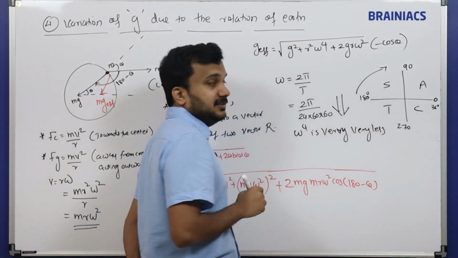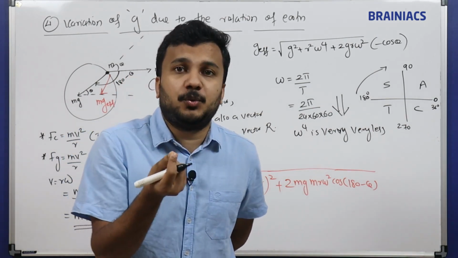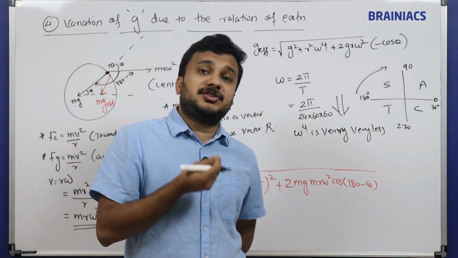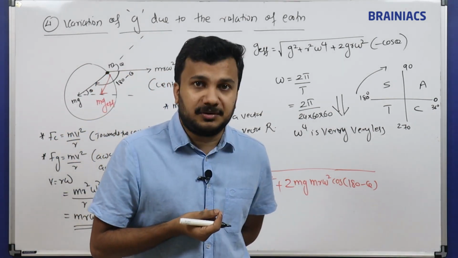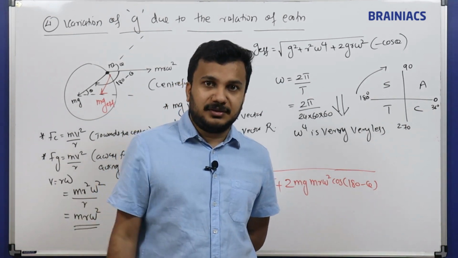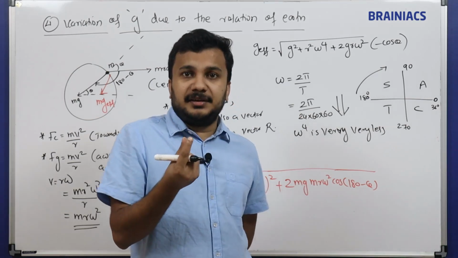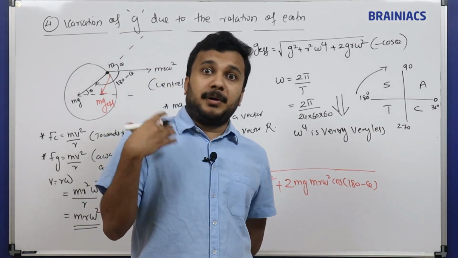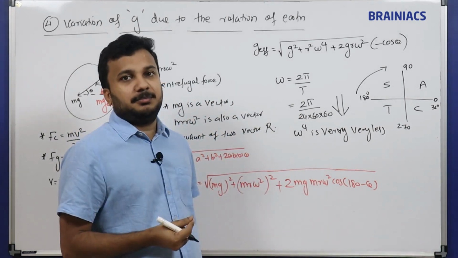Omega itself is less. You can assume omega is equal to 0.1. So omega square means how much it comes? 0.01. Omega raised to 4 means how much it comes? 0.0001. So if you are taking the square or power 4 of a very small number, you can assume like